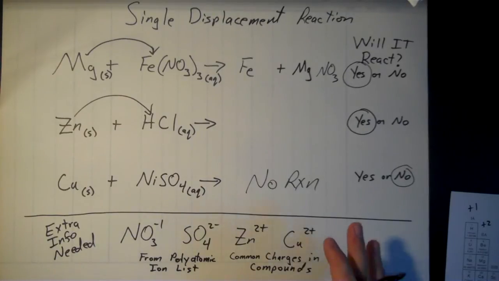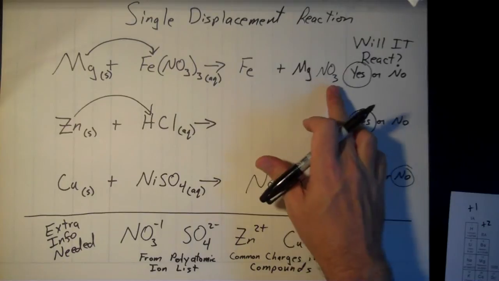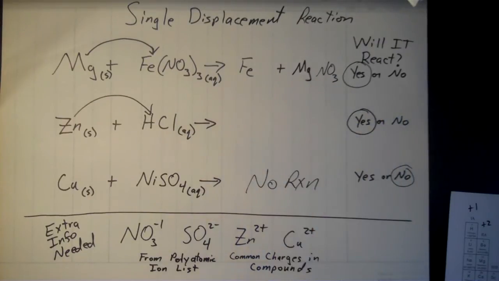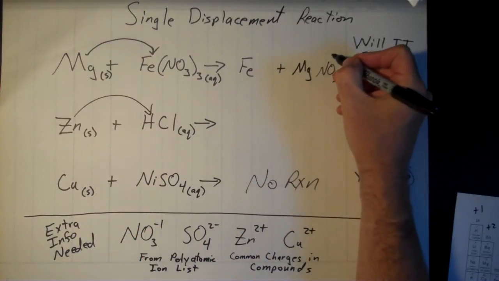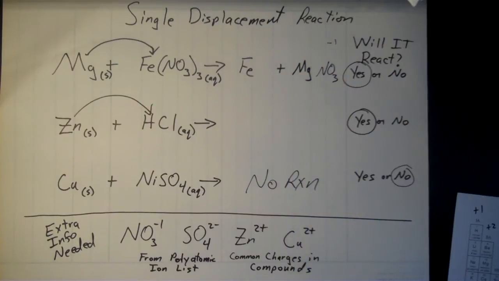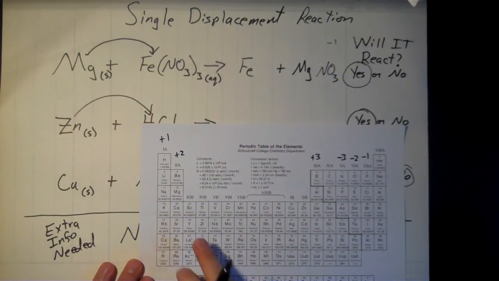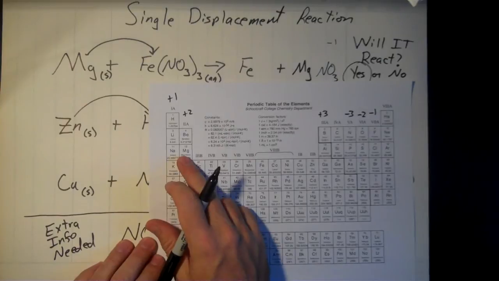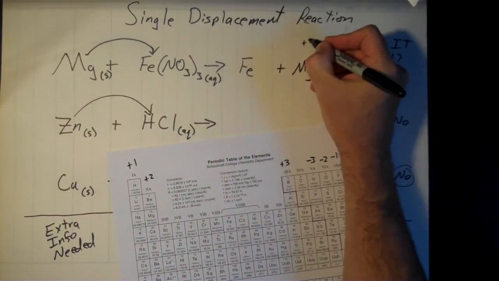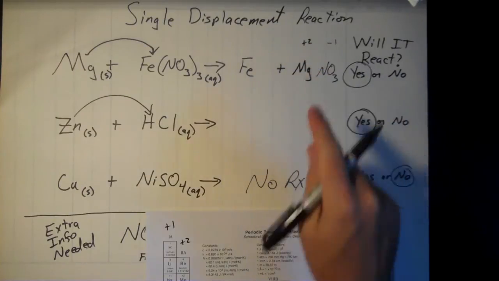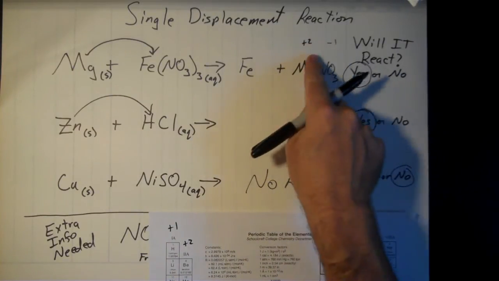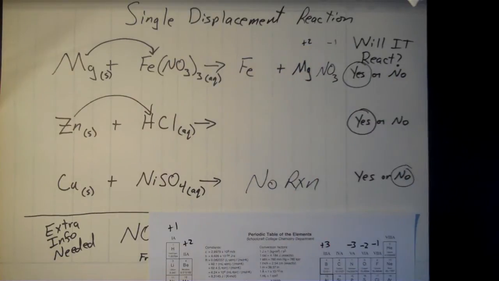Now, like you always want to do though for any ionic compound, this is a metal and a polyatomic ion, we need to balance out the positive and negative charges with this. For the nitrate ion, notice I wrote that one out down here, that's just got a -1 charge. I'm just going to write that up above it there. And then magnesium, from its location in the periodic table, it's right here in the second column, so magnesium's going to be a +2. Anytime you've got an ionic, you need to make sure that that positive and negative charge balance out. They don't here. I've got a +2 versus a -1, and so we need to balance that charge out.